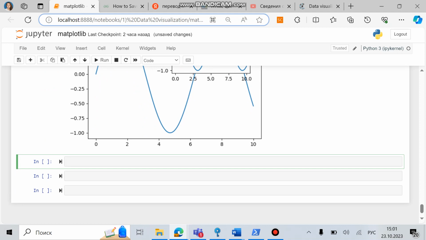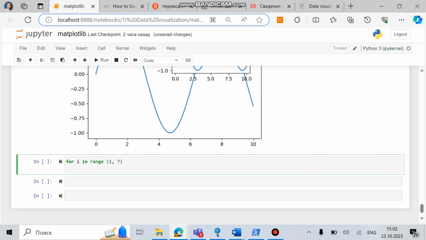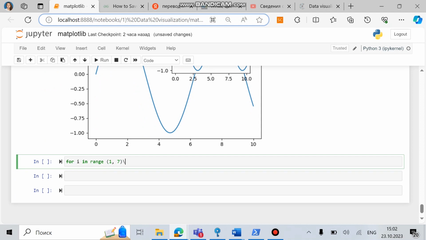Also in data visualization we use loops for the data visualization. Let's say for e in range which starts from 1 till the 7 not included, as you know, and the 7